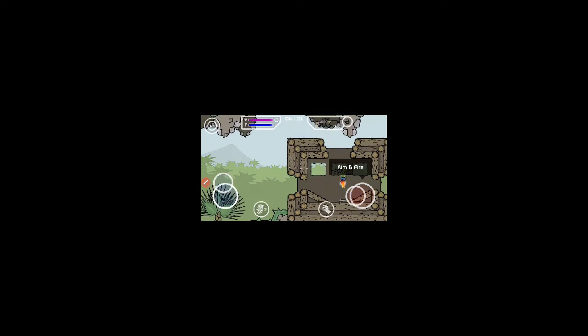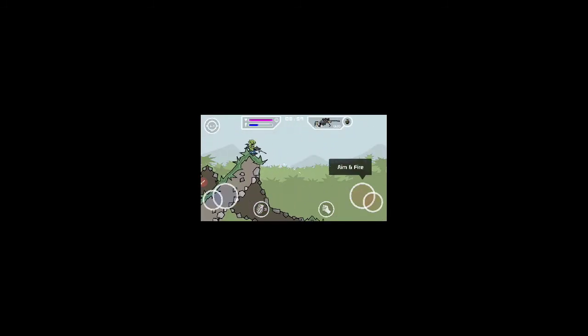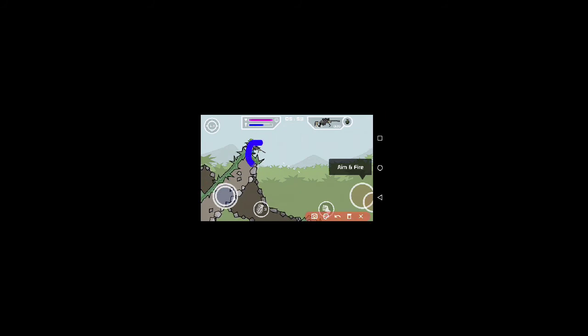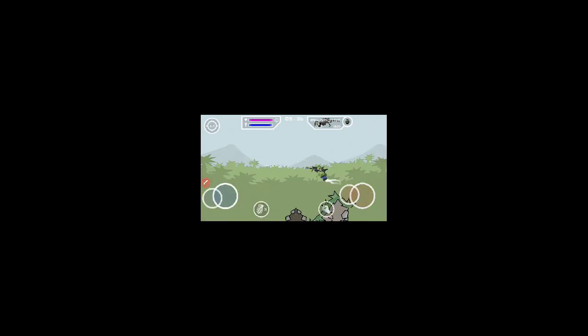We get the sniper with Pro Pack only, but now we are getting the sniper for free. So let's fly up and see the other guns also. You can see that we are getting the sniper for free. We don't have to pay even 1 rupee. Not even 1 rupee do we have to waste.